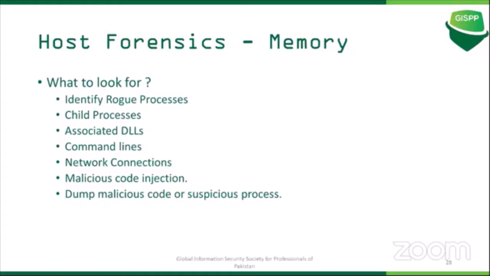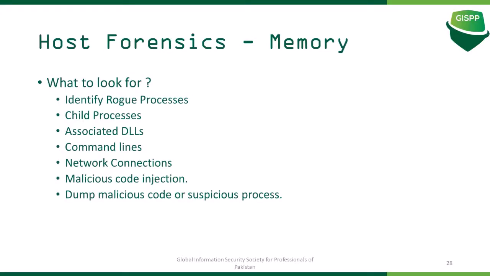After this payload is launched, there are certain associated DLLs with any rogue process or service that is injected. Then the most important thing you have to look for is the command line: what URL, what parameters are being passed into the command line when a process is being launched. Then comes the network connection. It's very obvious that from multiple layers, from the network layer and from the host layer, you can detect if there is any malicious network communication.